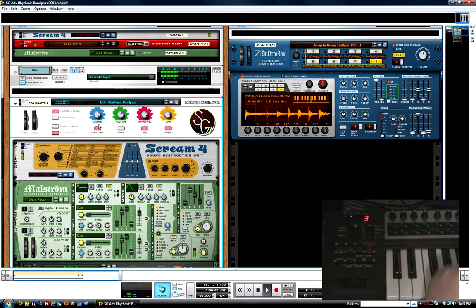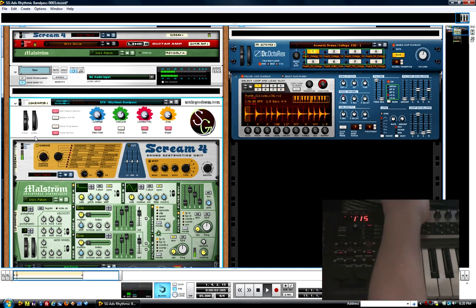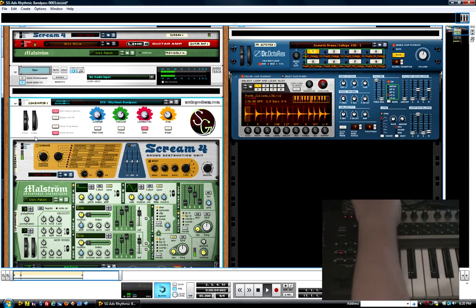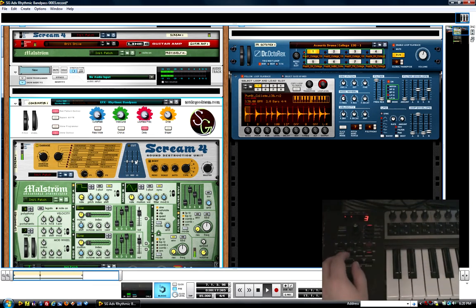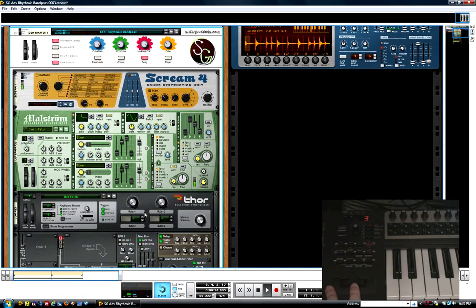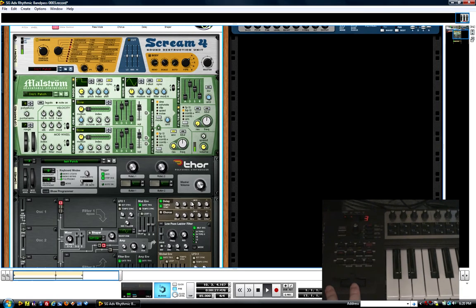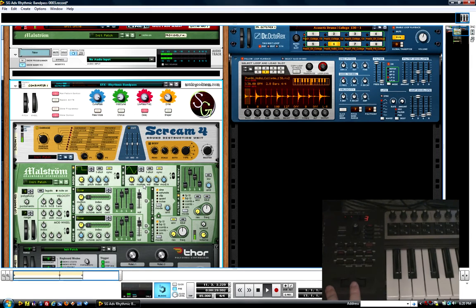Okay, so now I've done a couple other things with this patch. Before I get too caught up in just tweaking knobs here, let's cool it off a little bit and get it back to about where it was. Let's see, that'd be us right there. Oh, and we've got the delay on it, which is the cool thing, because now I've added the mod wheel right here that now controls the rate of the delay. And if you tweak it up,